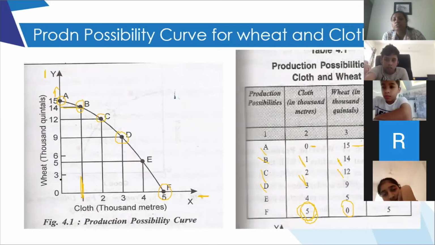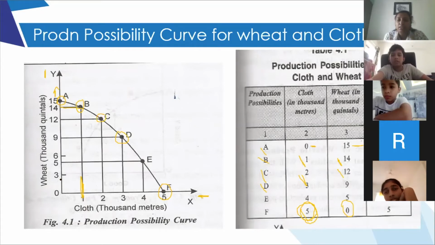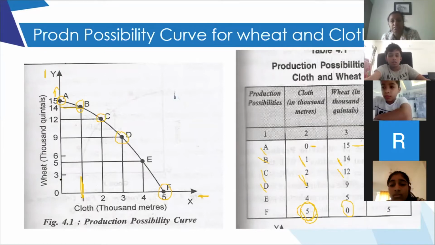The same way humans, all of us are not equal. Our efficiency levels differ. I am good at teaching, but I am not good at drawing. So if I am put into drawing, my efficiency decreases there. What I can teach in 40 minutes, I cannot draw that much. Maybe I can draw only 2 or 3 lines in 40 minutes. So my efficiency has decreased there. I am better suited for teaching rather than drawing. Have you understood this concept? Give me a thumbs up if you have understood the concept.